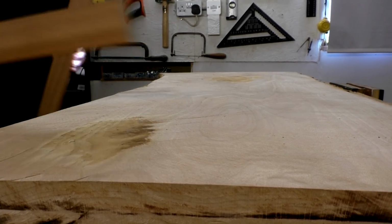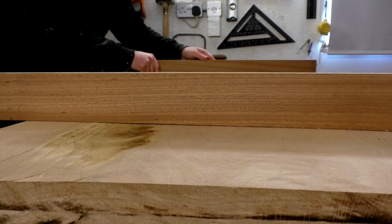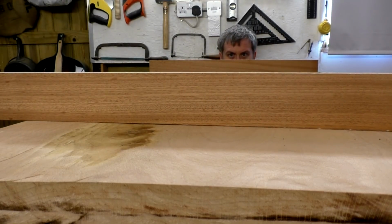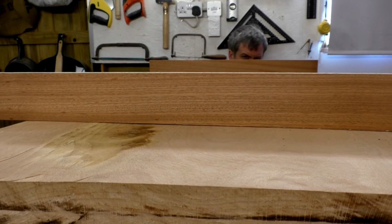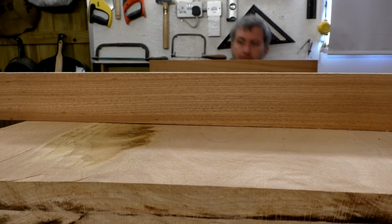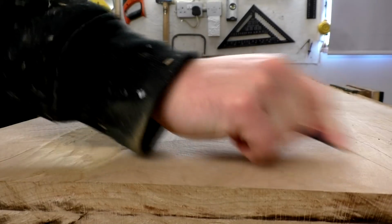On day 2, I had the idea of using some winding sticks just to double check that all of the twist had been removed from the slab. And I don't have any winding sticks, so I'm just using a couple of straight offcuts of particle board. These help to emphasize any twist in the board so that it's easier to see. So by placing one at each end, I could sight along the top of each of the sticks to check for twist. And it looked pretty good, but I could see that there was still some twist in the board,